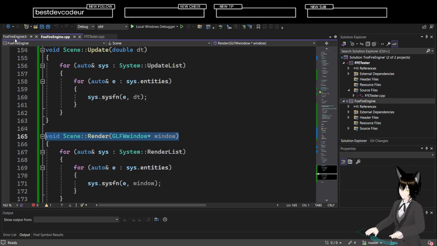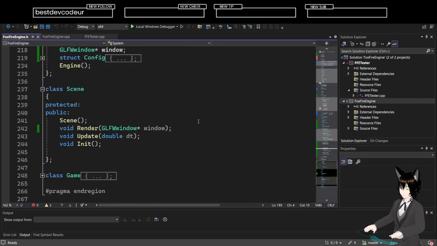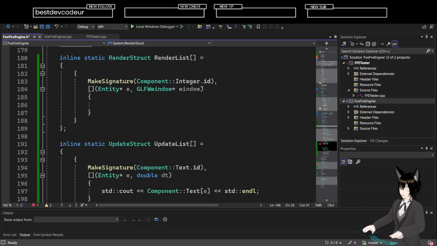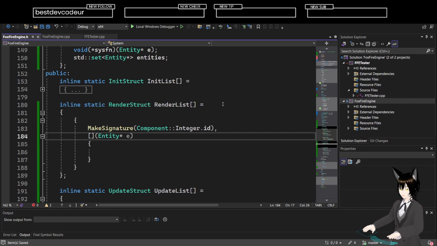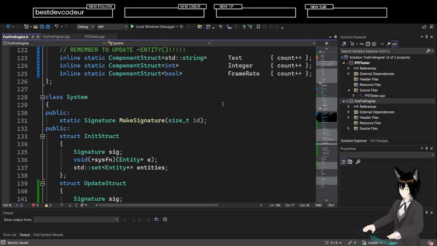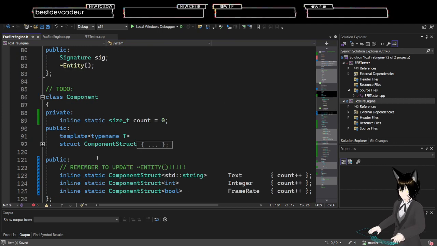So rendering is going to be a thing, but I don't think the system functions are going to need to have... Yeah, I don't think the render struct needs to have a reference to the window, because the window is just implied, right? We are going to need to have